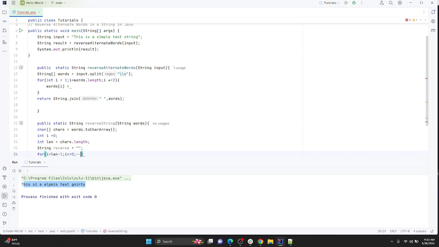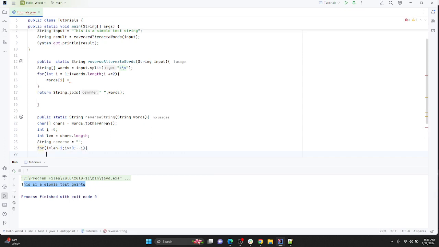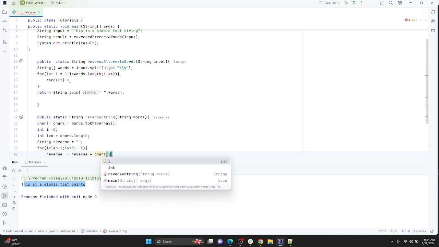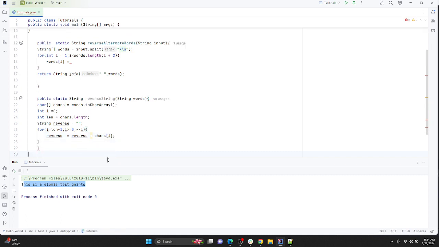So I'll use minus minus i. This is required to reverse the string. And then I will call my string variable reverse plus I'll use my characters variable. Then I call this i. Okay. And now finally I will return